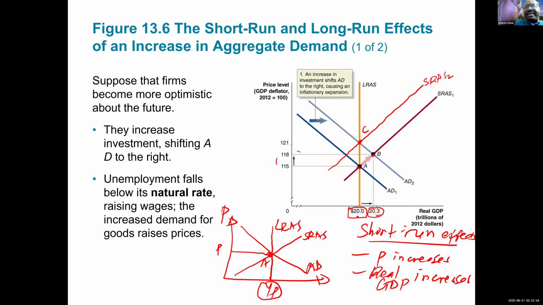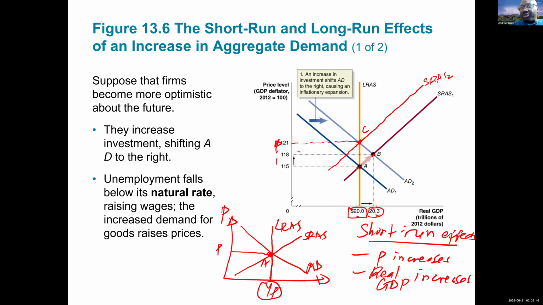At that point, you can see that price is going to rise even further. So point C is another long run equilibrium. So it's like we move in cycles. So when I ask you to document the short run and long run effect on price and real GDP of a positive demand shock,